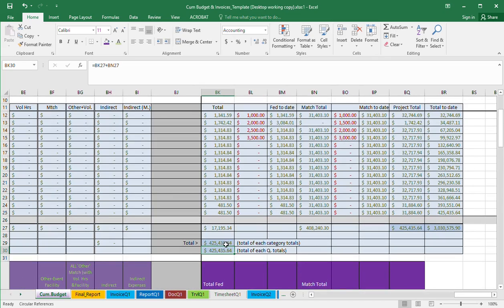So these numbers should always line up, and if they don't, you've got to go back and try and find out why. Is there somewhere in a column some number is being picked up in one place with my category or bucket totals, but is not being picked up with the whole quarter total, which